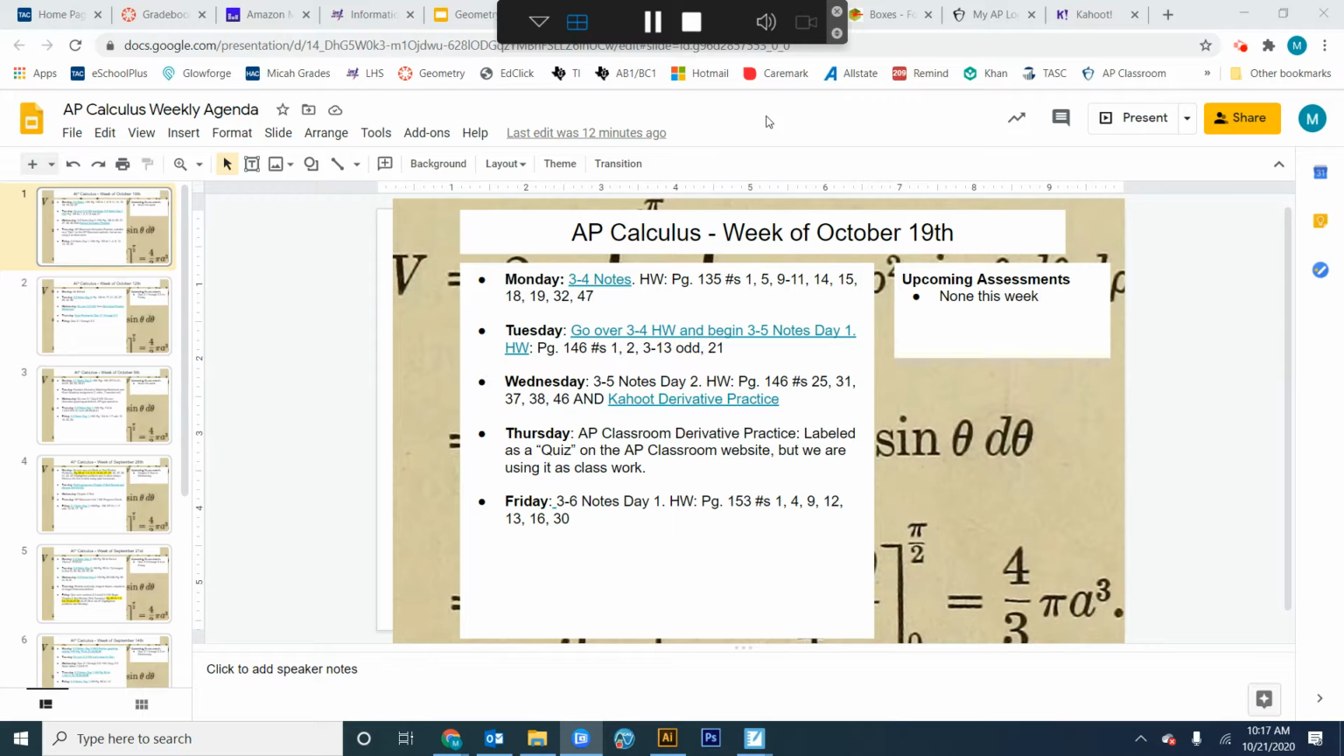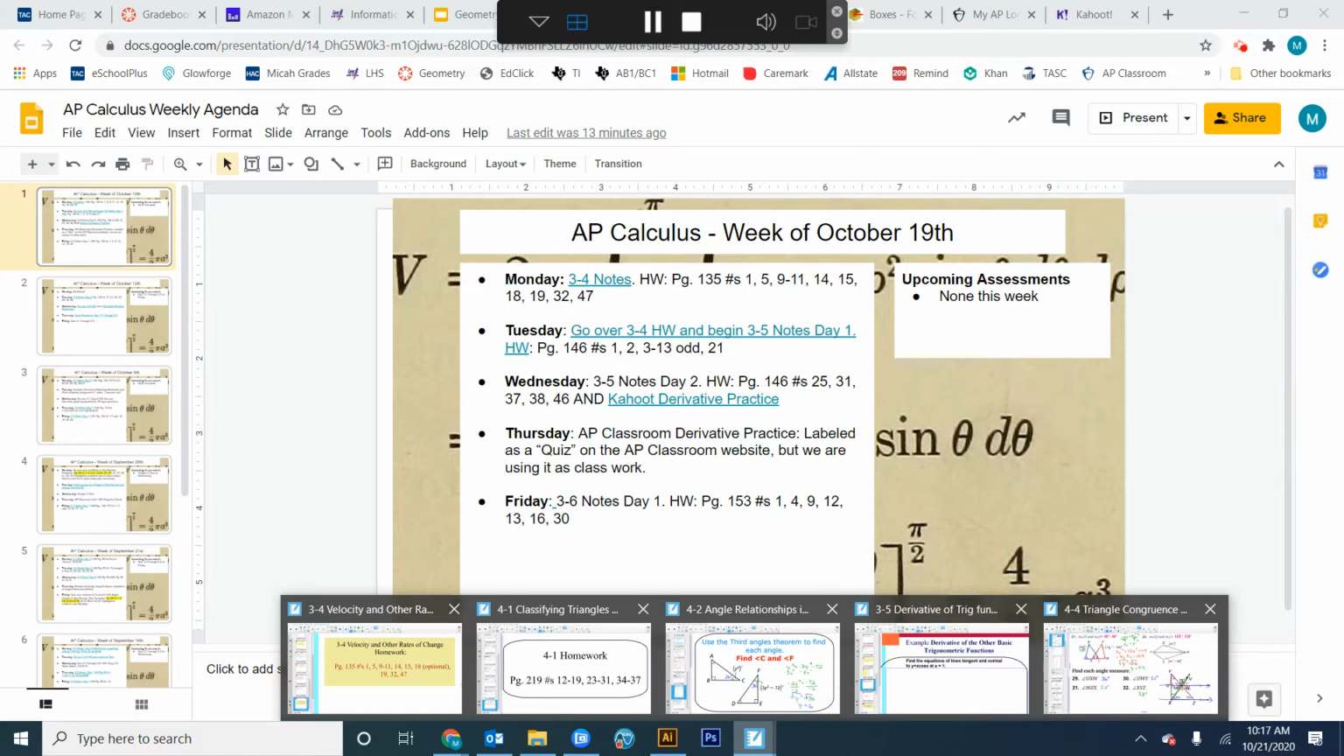Tomorrow I have an AP derivative practice that I put together on AP Classroom. It says it's a quiz on there, but we're going to do it in class. On the agenda, I changed it today. It just said practice derivatives. I wasn't sure if we're going to do a worksheet or what. It's a mixture between multiple choice and extended response. And then Friday we'll start the chain rule. It's going to be a big, big, big topic for us. All right, so